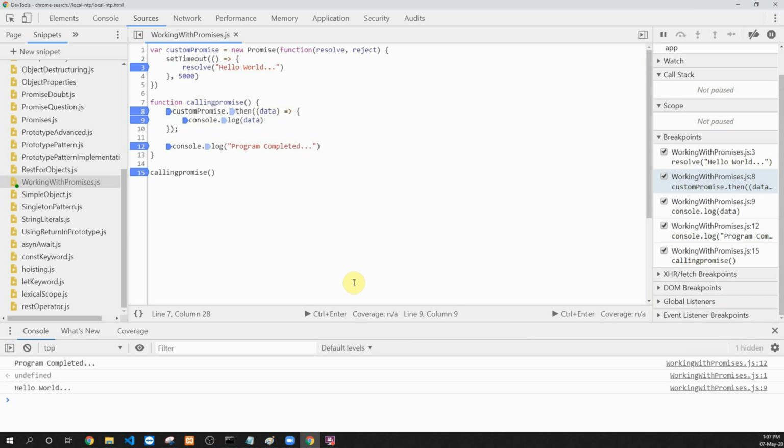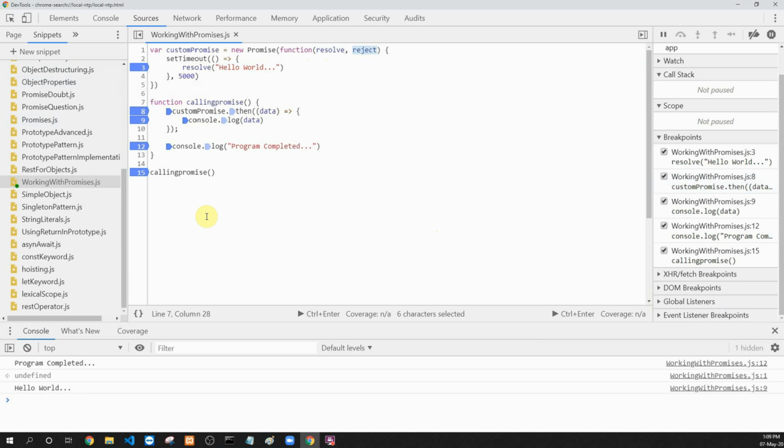So during the entire execution, we saw that once we encounter a promise which has to be resolved after a certain amount of time, our single thread didn't wait for that particular promise to complete. It instead went further, executed the entire function, and once the promise was resolved, then that particular callback function was executed and we got the console log of the value that was resolved in the promise. So over here we have a callback function which has the functions resolve and reject.